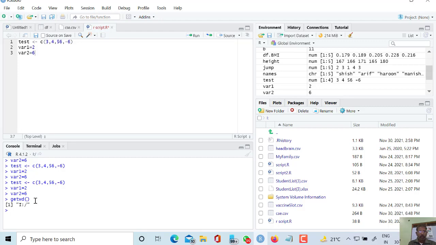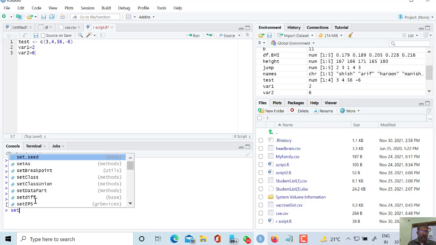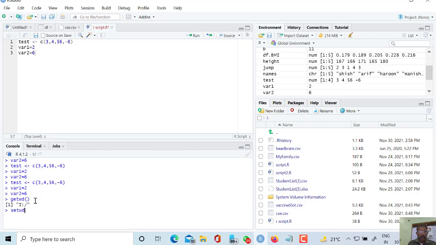If I want to set a special directory, then I can write set working directory, and the address of that particular directory I can write here, and in this way we can set a particular directory. So this is all about our script.